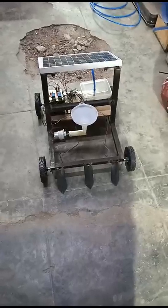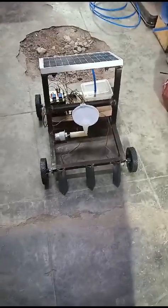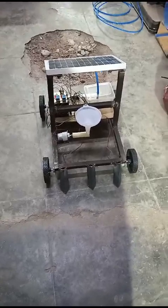Here we are going to demonstrate the agriculture robot system, multi-purpose. The main components of our project are ploughing, seed drop, pesticide spraying and leveling system. This is a prototype system which will be working with the help of a Bluetooth module. The major components of our project are